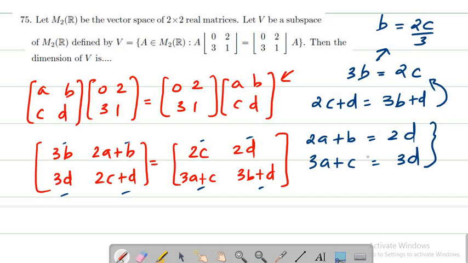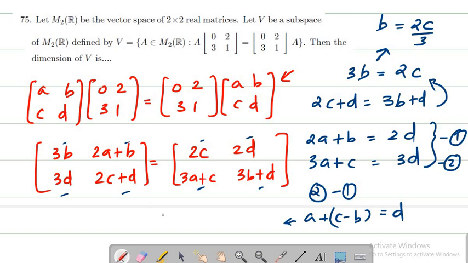Just simplify these two, we'll get something from here. If you take the first and second equation, let me find 2 minus 1. I'll get something like a plus c minus b is equal to d, and a plus c minus b is already 2c by 3